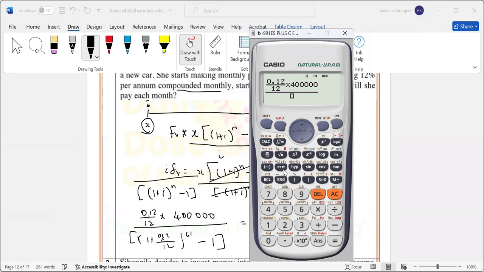All over, open bracket, 1 plus fraction 0.12 divided by 12, close bracket, to the power of 61, 61 instead of 60. Minus 1. Close bracket. We get